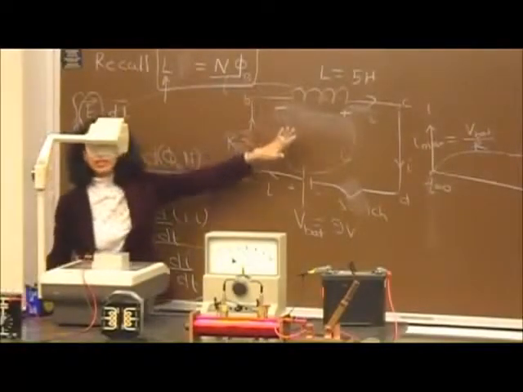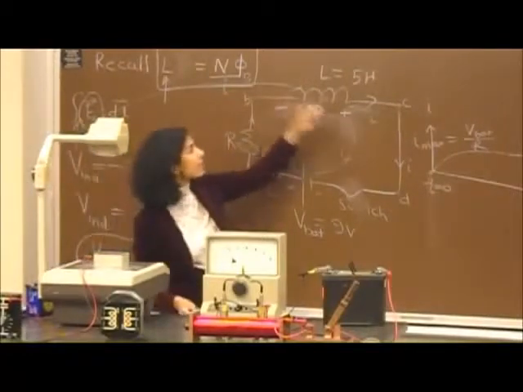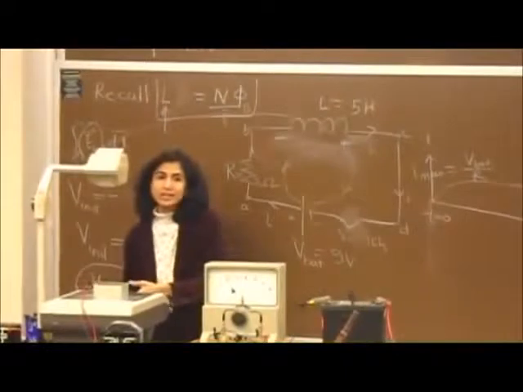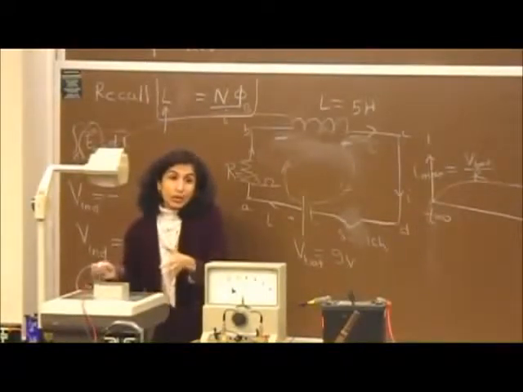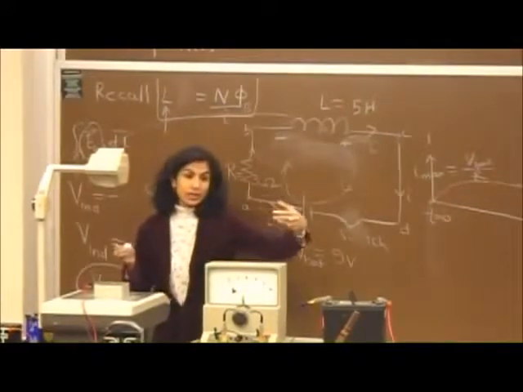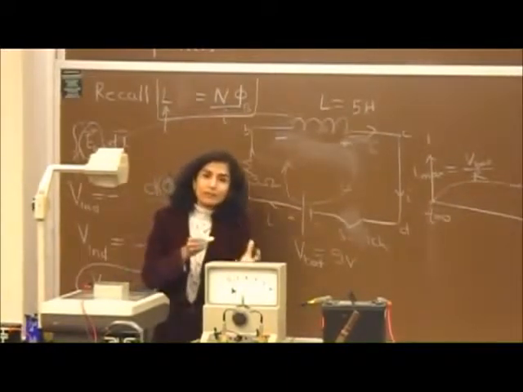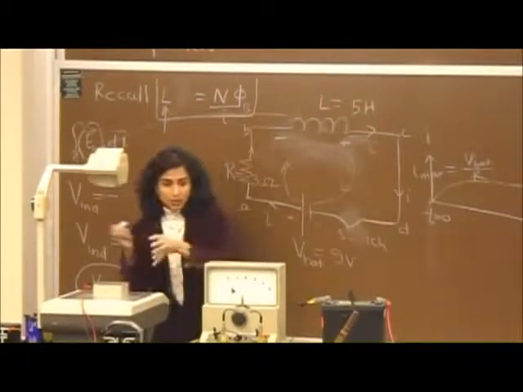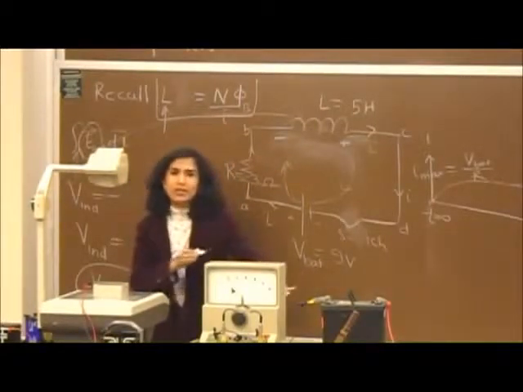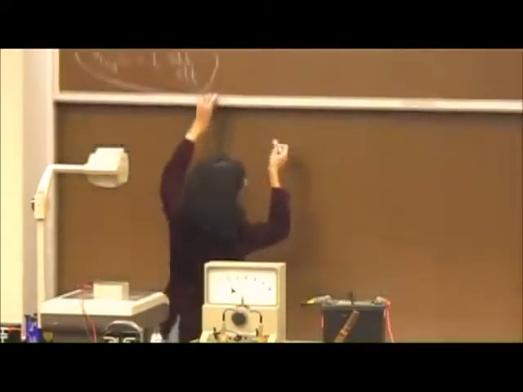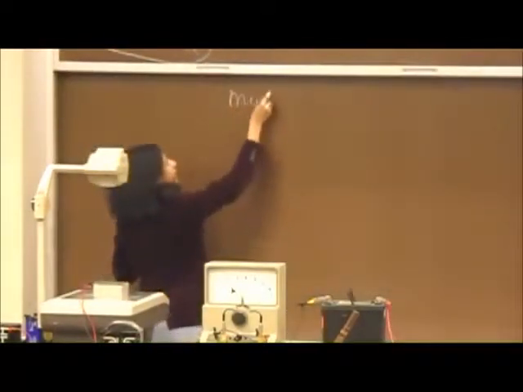Here we talked about self-inductance, the coil inducing an EMF in itself because it sees a change in current through it. In the other case, you're changing the current in one coil, and there's another coil sitting next to it. It sees a change in the flux through it, because the flux through one coil is looping through the other one, and hence there is an induced EMF in the other one. So this phenomenon of mutual inductance